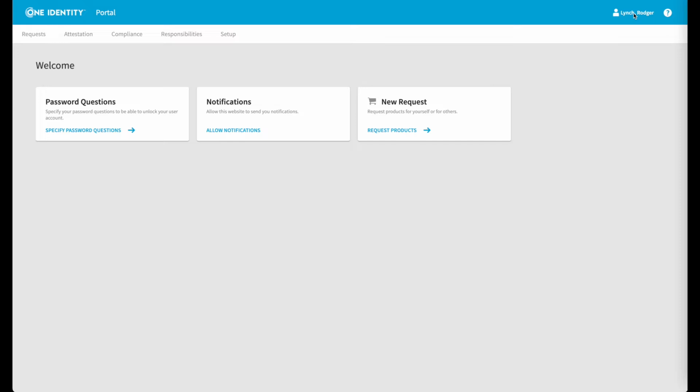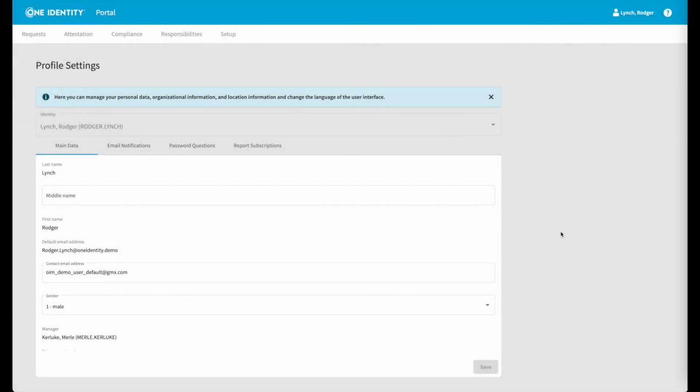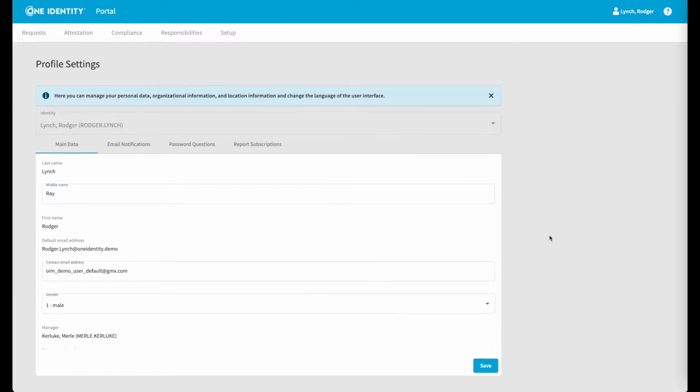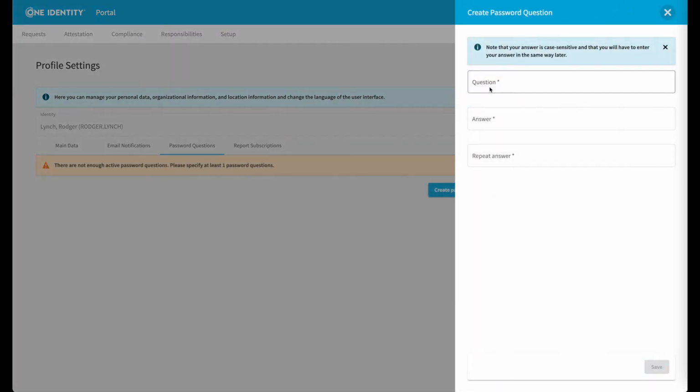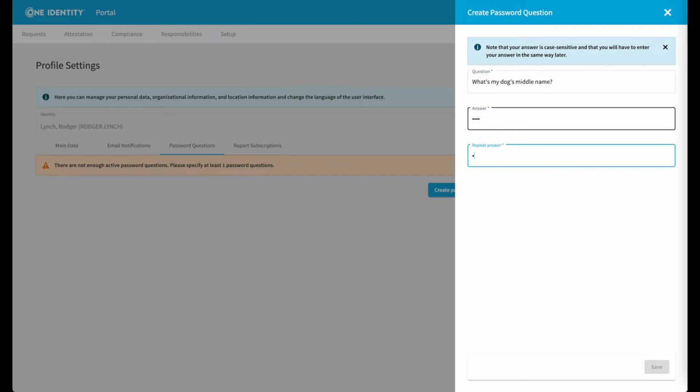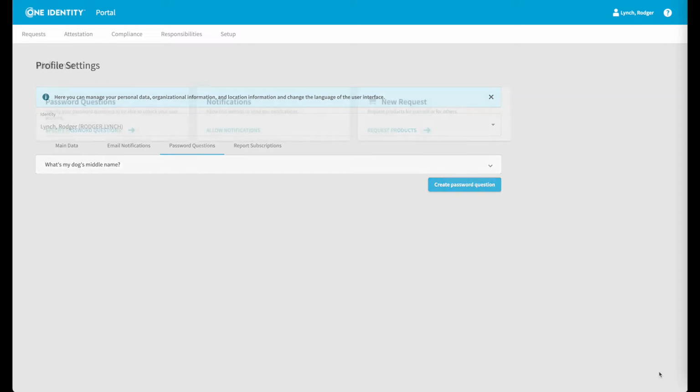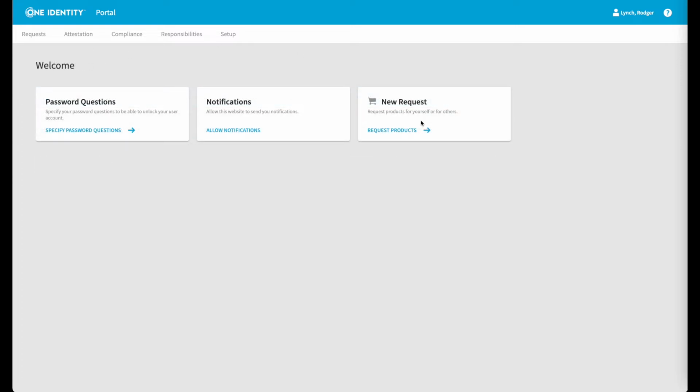do some of their own management of their identity. For example, they can manage some of their own data directly. Identity Manager uses information from the company's HR system to create this data, but if some information is left out or needs changing, the employee can make these changes themselves, and then Identity Manager facilitates the provisioning of these updates to the necessary target systems and accounts, including the HR system itself. This allows your employees to keep their own information up to date without having to burden the HR organization.